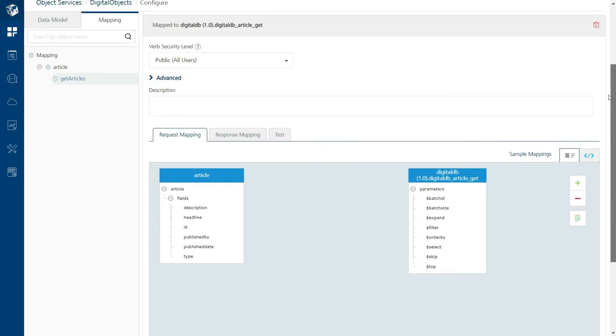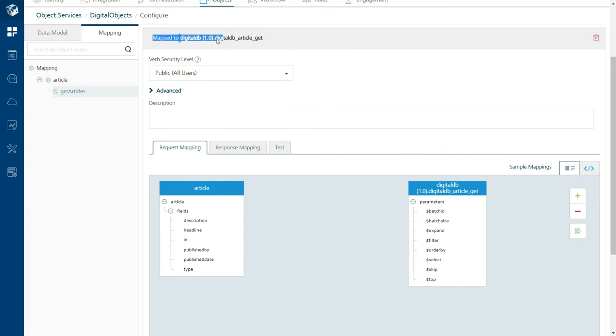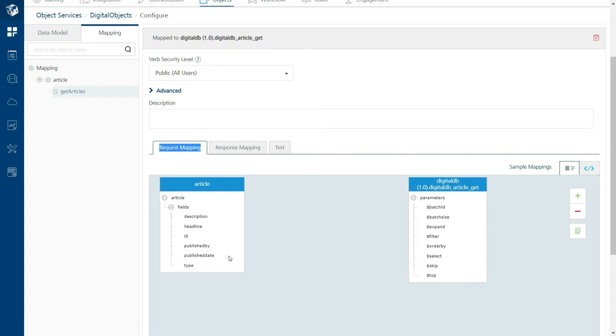This is the operation to which we have linked our get articles verb inside our article object. So when this get articles operation is called from the front end application, the front end would send the inputs in the fields associated with the article object. Now using request mapping, we are mapping the fields of the article object to the input parameters of the integration service operation which we are invoking.